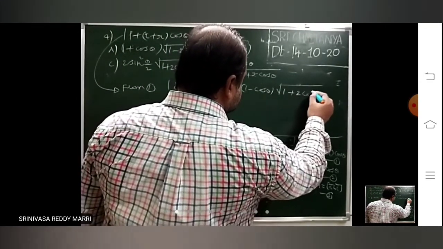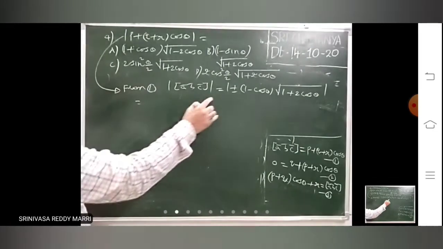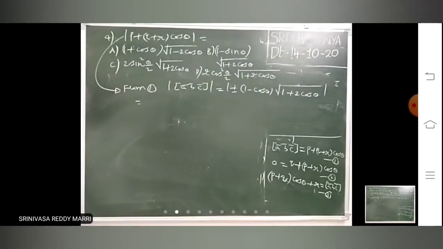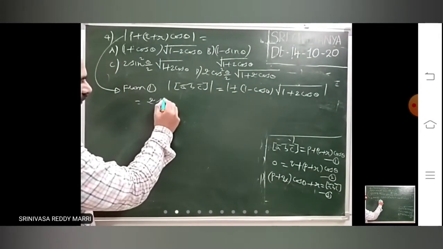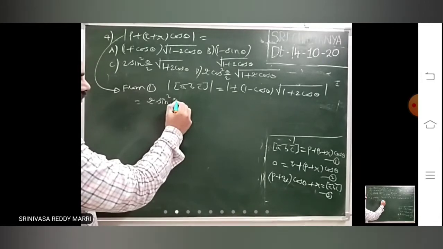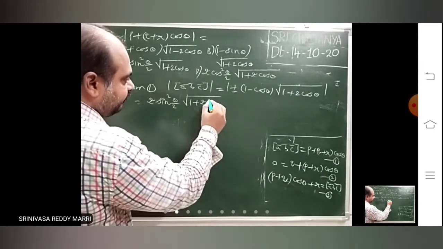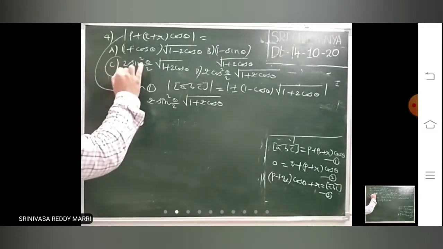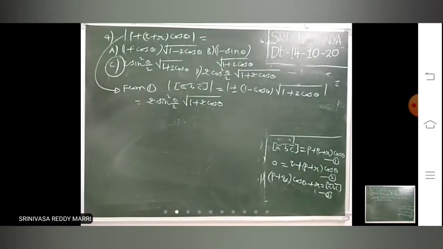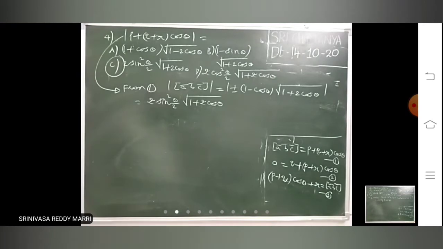1 plus. This is the formula. So modulus means plus or minus will be modulus of plus or minus 1, minus means plus only, 1 minus cos theta. The multiple angle formula is nothing but 2 sine square theta by 2 into root of 1 plus 2 cos theta. This is the one. He has written the formula 2 sine square theta by 2 like that. Questions of this type are a very important model.